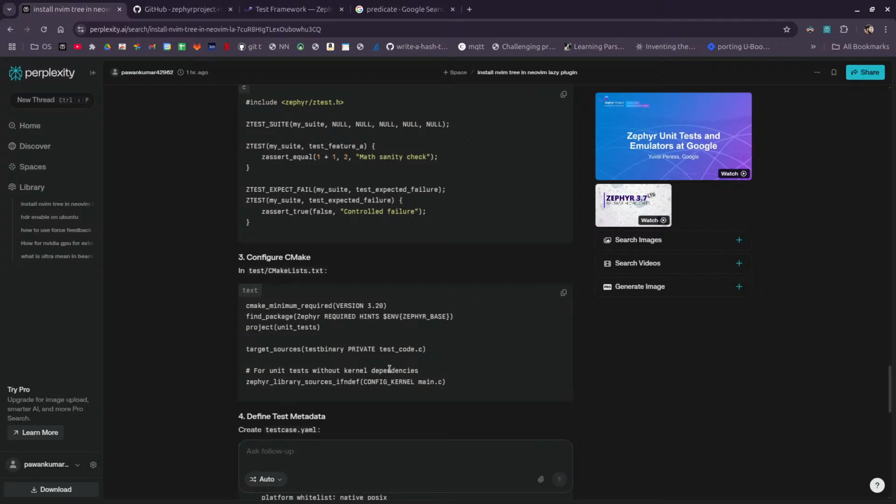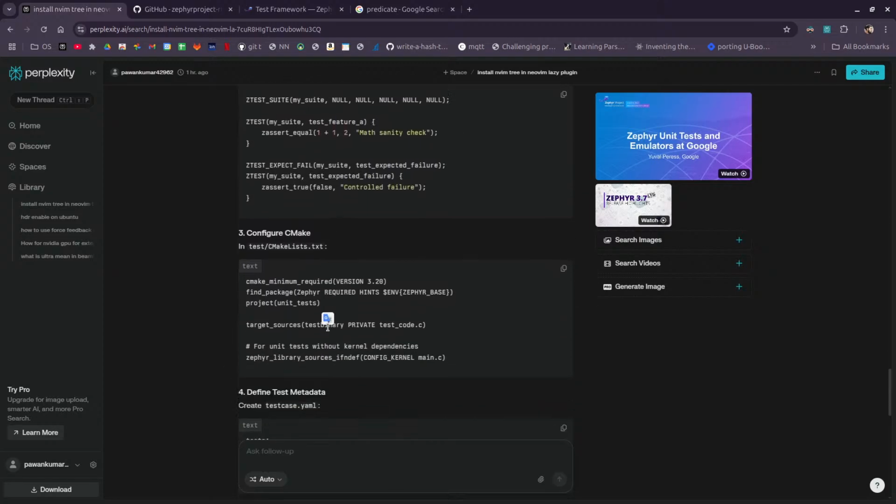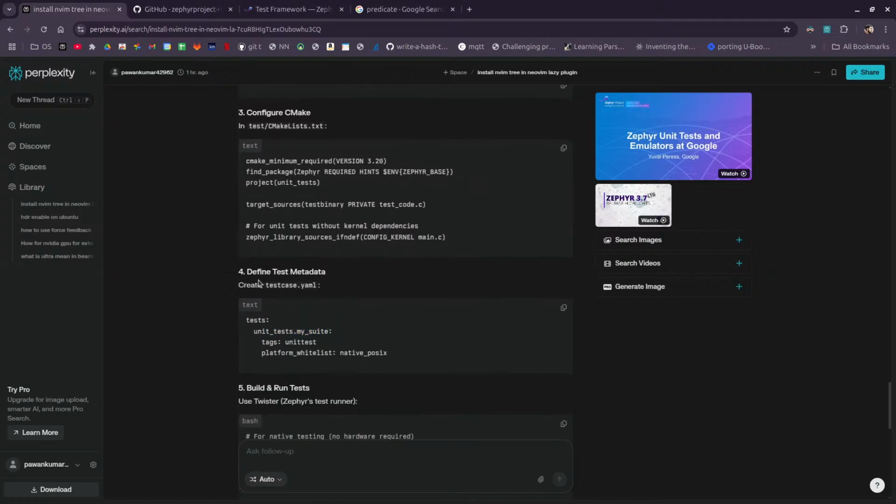For unit test without kernel dependency, library sources if kernel is defined this. Unit test, mysuite, which is this one. Define test metadata, which is